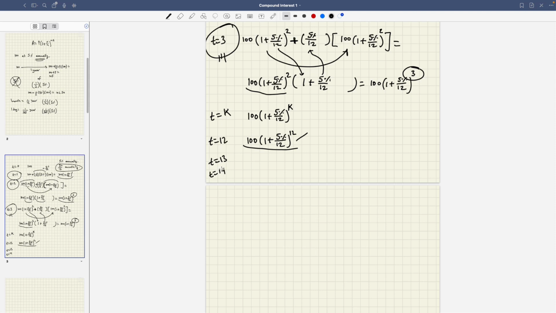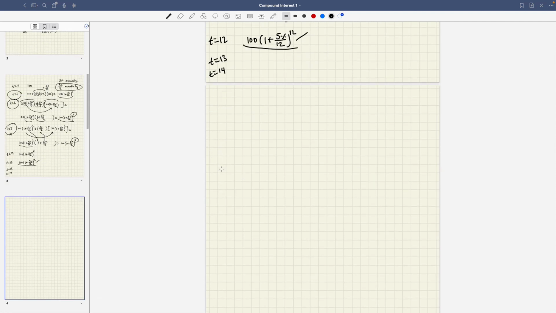15, whatever, etc., until we get, for example, let's make some space here. We can get to month 24, and it's just going to look like this. 1 plus, and the exponent is 24. Now, just one more, for example, say month 36. We continue compounding. Month 25th, 26th, 27th, 28th, so far until you go to month 36. And it's just going to look like this. The exponent changes. We're trying to establish a pattern. That's why I keep doing this. And the pattern is